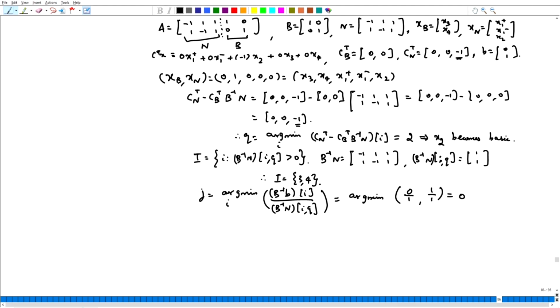So, of course, it is going to be 0, that is the first variable. The first variable is 3, right. So, j is equal to 3. What this means is that x3 is going to become non basic, okay. So, in the next iteration, okay,